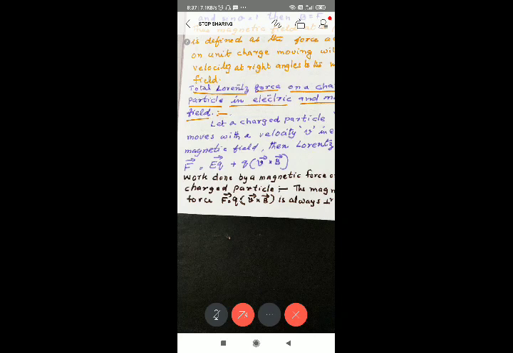Angle between F and V is 90 degree. So in such a case, it cannot change the magnitude of velocity. It only changes the direction of velocity. So kinetic energy, no work is done. When F and V are perpendicular, work done is 0. F dot V equal to FV cos theta, theta becomes 90. So work done is 0. Then what is changing here? Only direction of motion. Velocity is not at all increased or decreased. Work done is 0 according to work energy theorem.